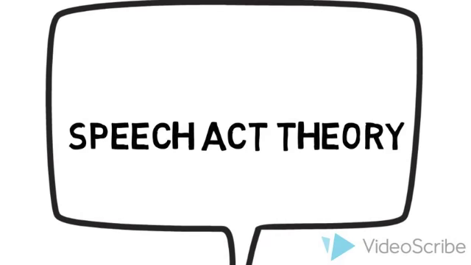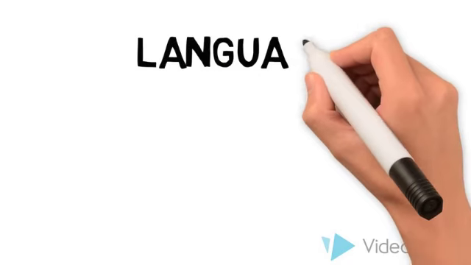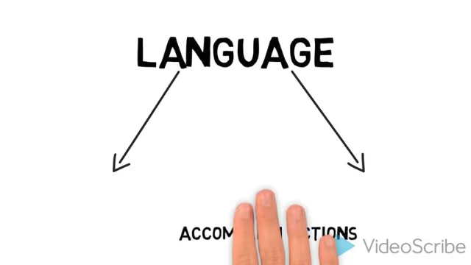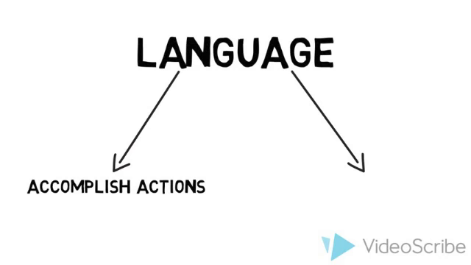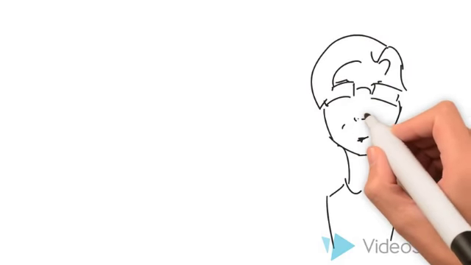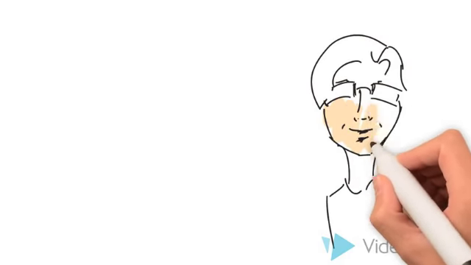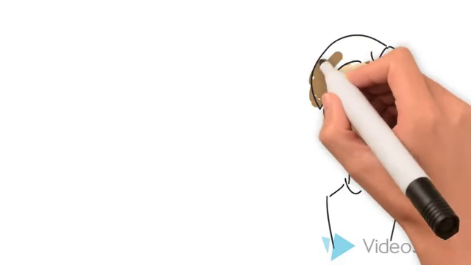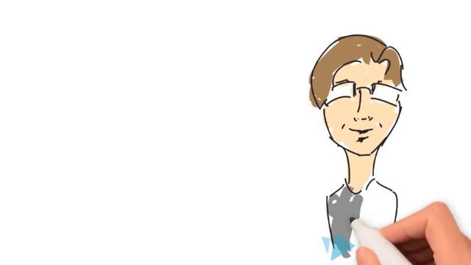Speech Act theory attempts to explain how speakers use language to accomplish intended actions and how listeners determine that intended meaning from what is said. Speech Act theory takes a close look at what we say, how we say it, and what it really means. Speech Act theory was first proposed in 1962 by British philosopher John Langshaw Austin in his book entitled How to Do Things with Words.